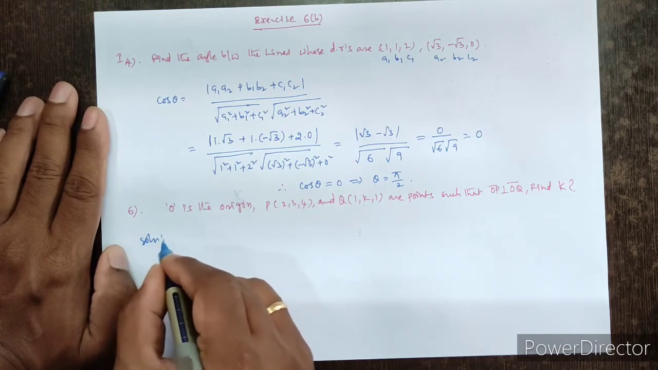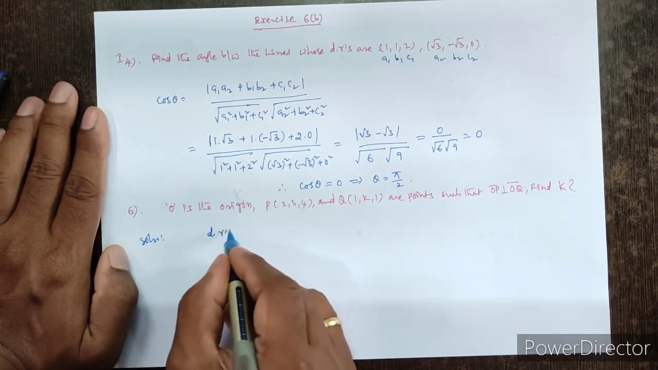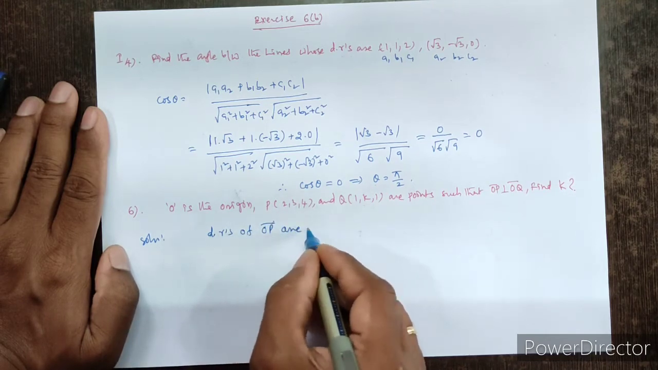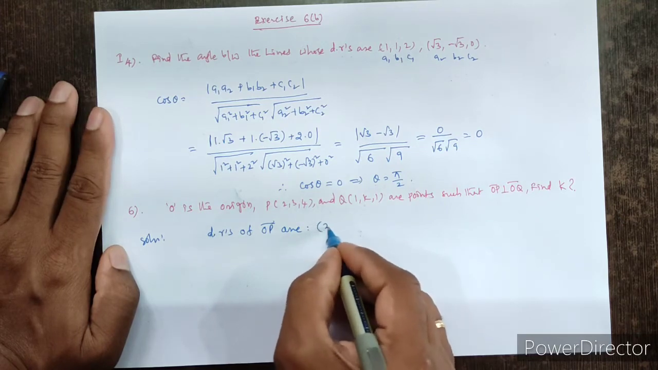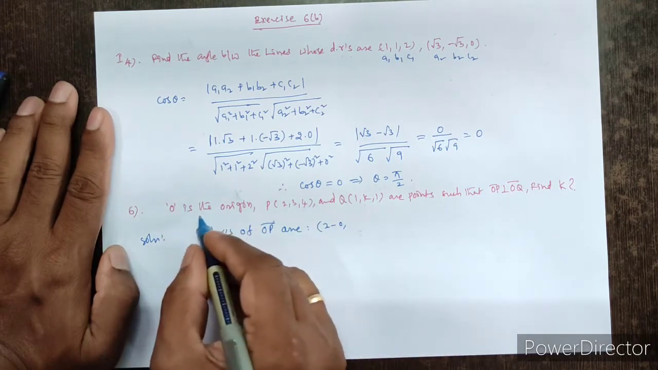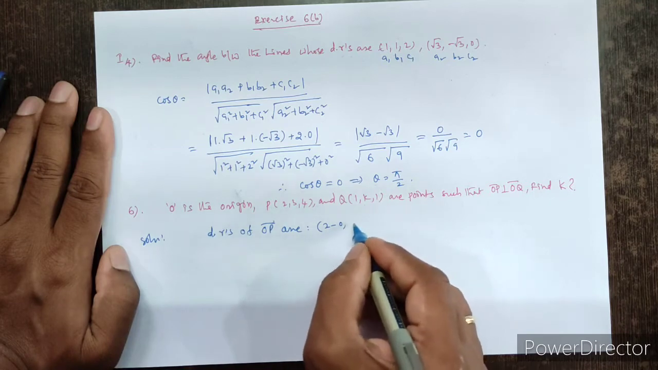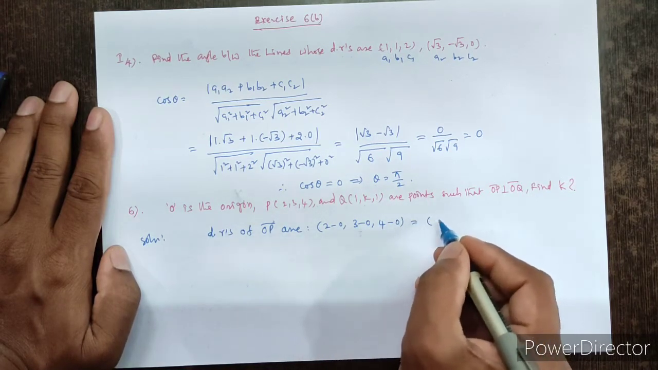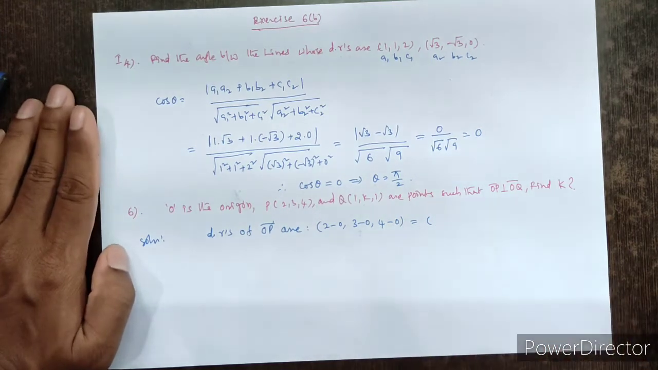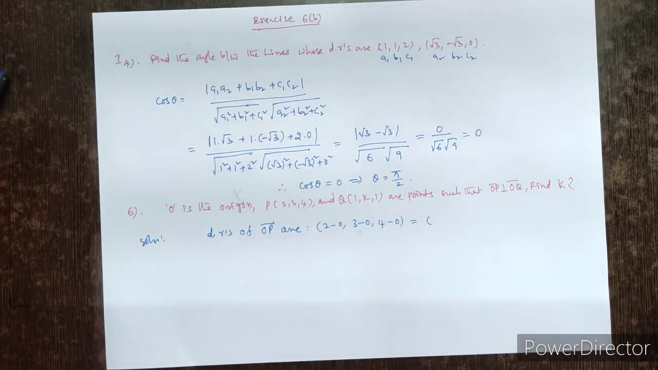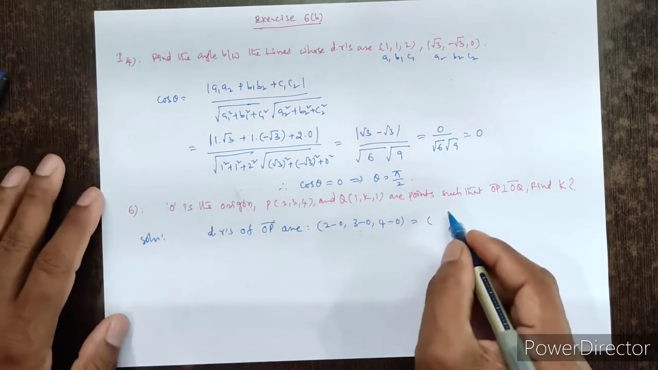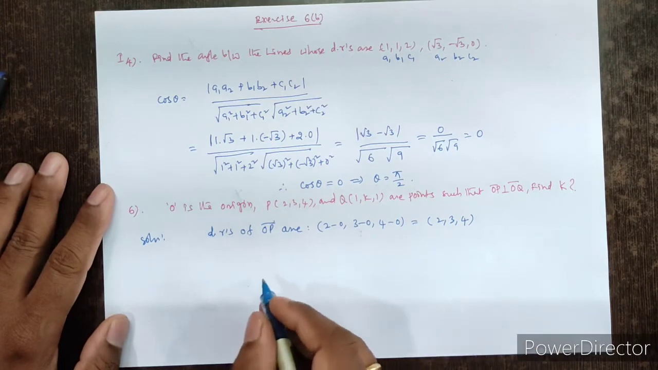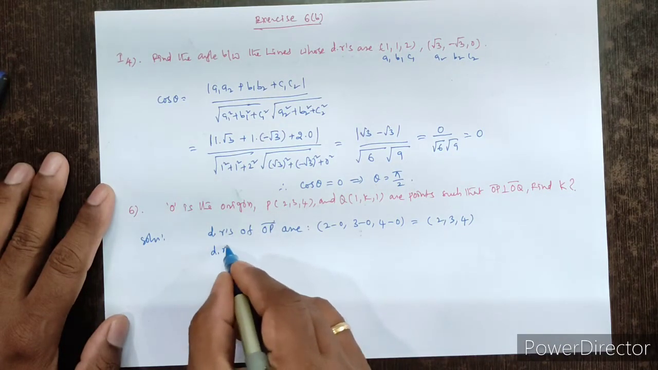Solution: direction ratios of OP are 2 minus 0, 3 minus 0, 4 minus 0, since the origin is 0, 0, 0. Of course, the given point itself gives the direction ratios. So 2, 3, 4. Direction ratios of